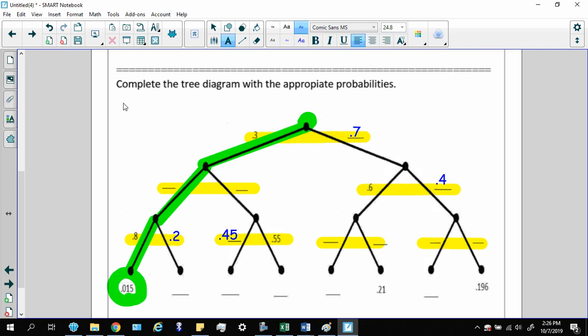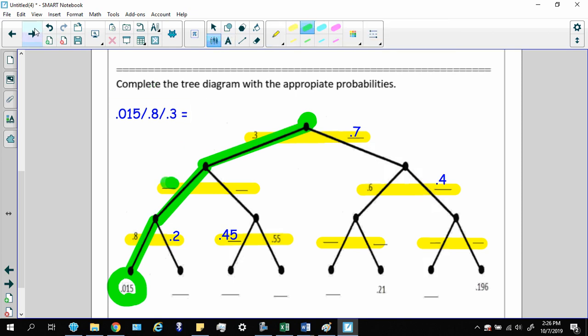So what you're going to have to do is take 0.015 and divide both of those branches. So 0.8, oops, sorry, 0.8, and then I'm going to divide again 0.3. All right. So for that one little blanket, remember I'm solving for this guy right here. Okay, I'm solving for that guy. So 0.015 divided by 0.8 divided by 0.3, and that gives me